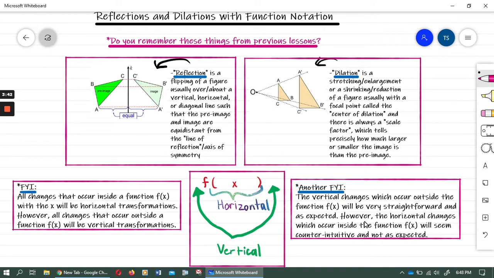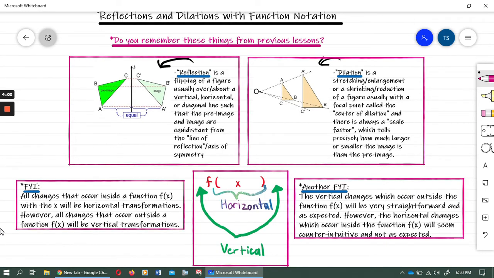So before we jump into function notation, please make sure that you remember these things from the previous lessons, because it's important. Okay, so folks, if you remember these things, then we can move on